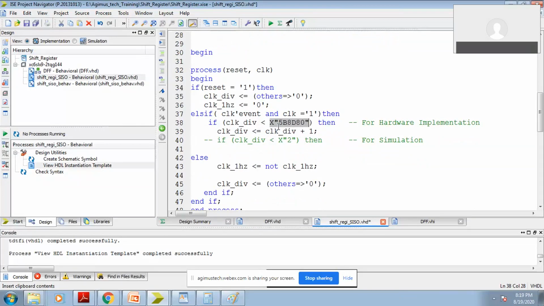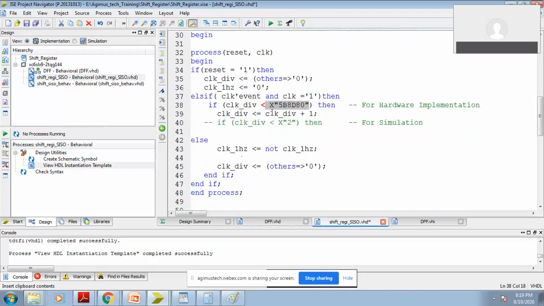When it reaches this hexadecimal value, 5B8D80, if you convert this into the decimal value, it's nothing but 6 lakh. Or we can simply write the decimal value as 6 lakh. Either you can go for this one or that one. So this is the way we can increment the counter.